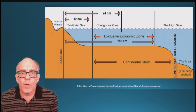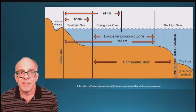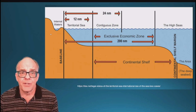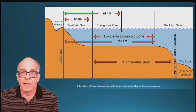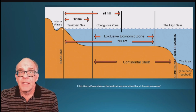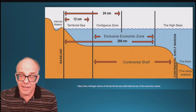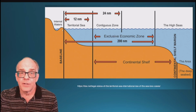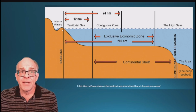In order to understand what regions of the ocean are affected by the High Seas Treaty, it's necessary to understand how the waters around a nation are going to be regulated and protected. As a starting point, there's going to be a baseline established at the low water line along the coast of a nation state, as indicated on large-scale maps. Everything on the landward side of this baseline is going to be referred to as internal waters. And the state has total sovereignty over these internal waters